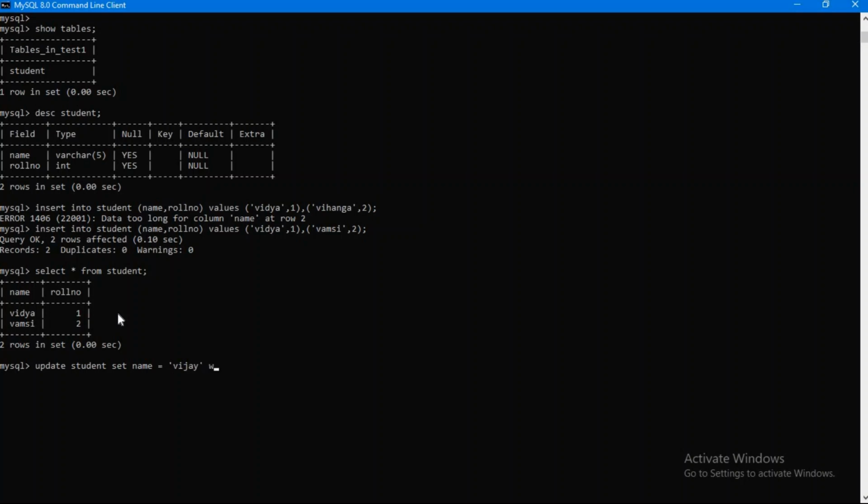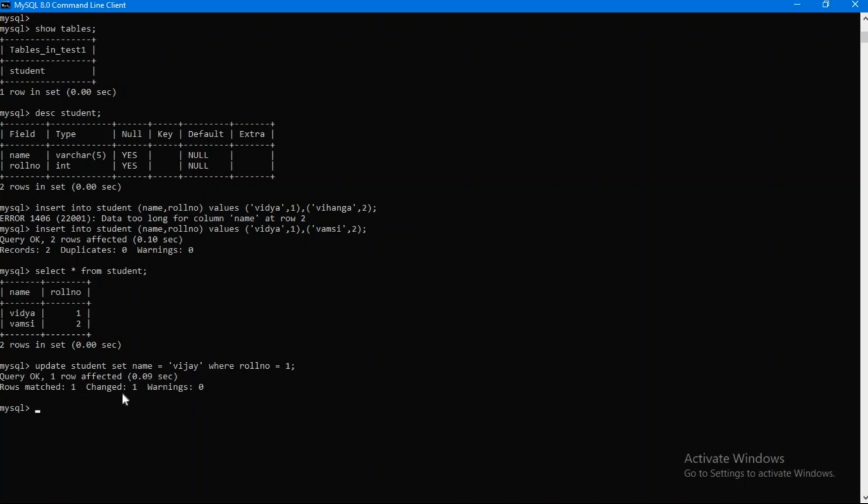And then you need to give the condition where. Condition is very important because you cannot simply change wherever you want. You need to specify the value that it should replace in the table, where you can use the name as well and roll number also, where roll number equals 1.